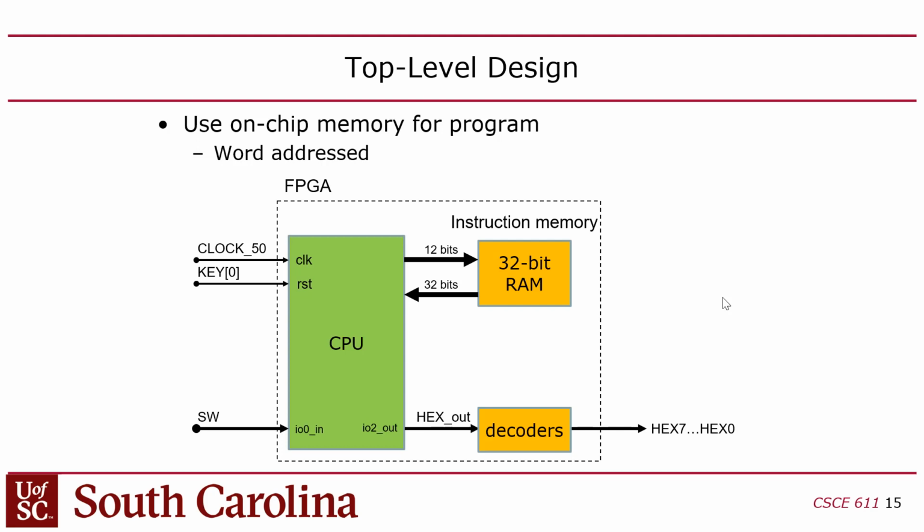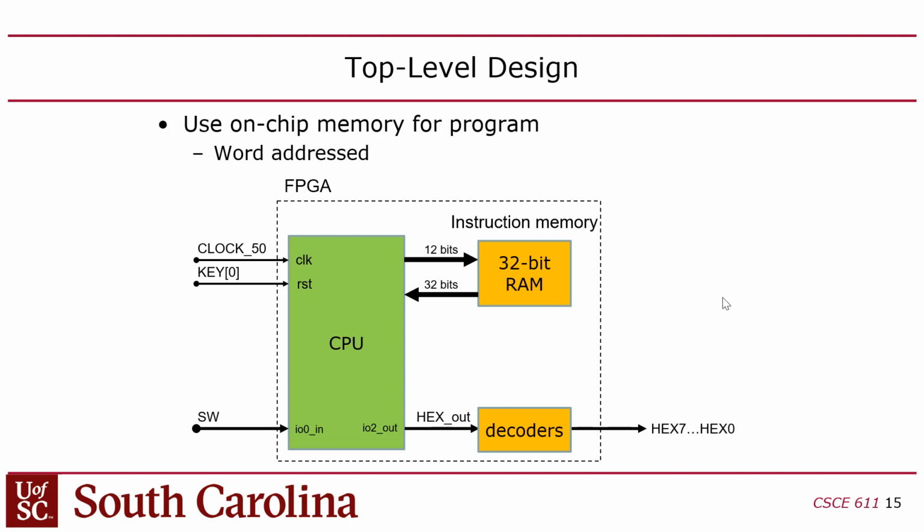The idea is that the CPU is going to get the instructions from a synchronous read RAM. It's actually a ROM because you can't write to it, and it's going to sit next to the CPU. And the hex decoders that you built in Lab 2 will also be in there, because when you do the CSRW instruction, that's going to push out a 32-bit value outside the CPU. But then we're expecting that 32-bit value is going to be routed through your hex decoders before it goes off the chip, off the FPGA.